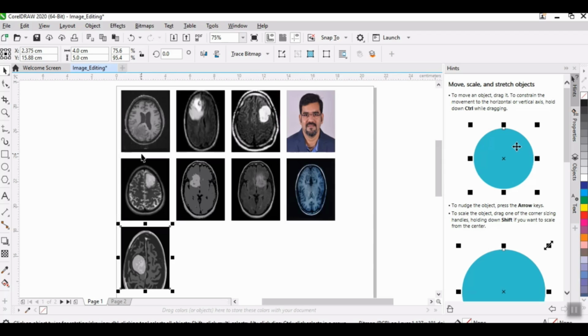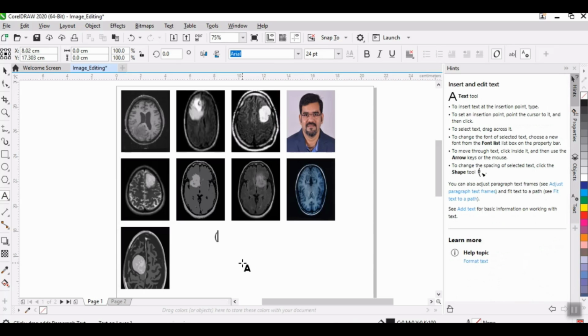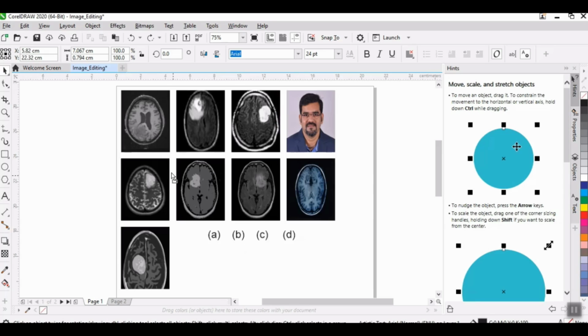Similarly, if you want to add here A, B, C, D, that part is also very easy. You have to take a text. First you have to take the text and then write A. In only one text you have to write all: A, B, C, D. Once you have written this A, B, C, D, click here.